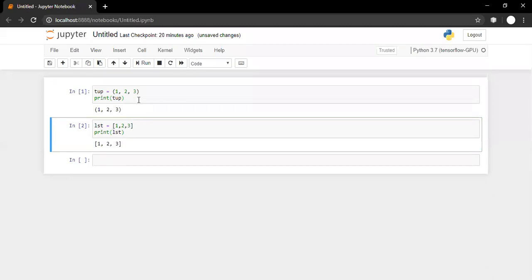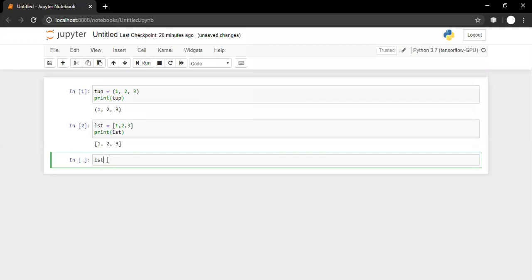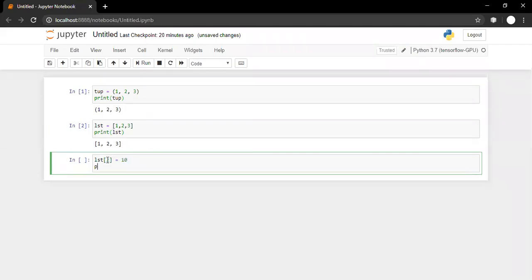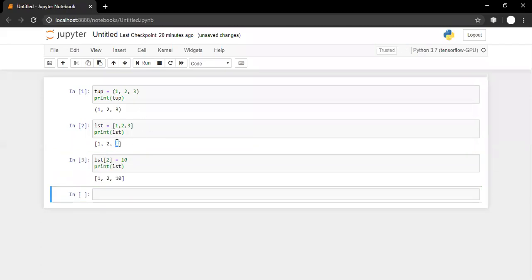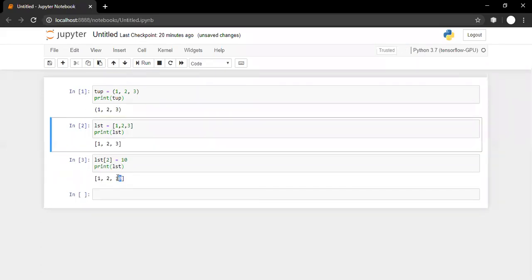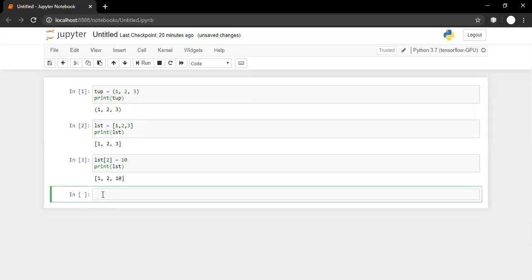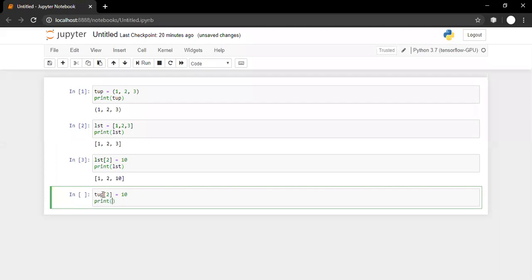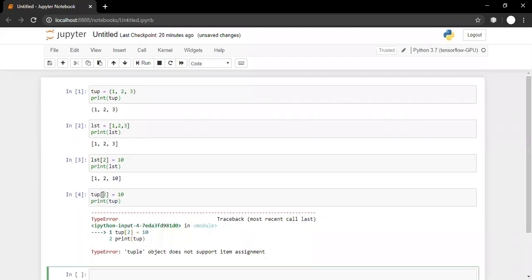But there is a major difference, and that difference is list is mutable. So what do you mean by list is mutable? Let us say I want to change the element at location 2 to 10. Can I change it? Yes, I can change it. We can observe earlier it was 3 and now it is 10. But if I want to change the element in a tuple at location 2 and print, it is not possible.